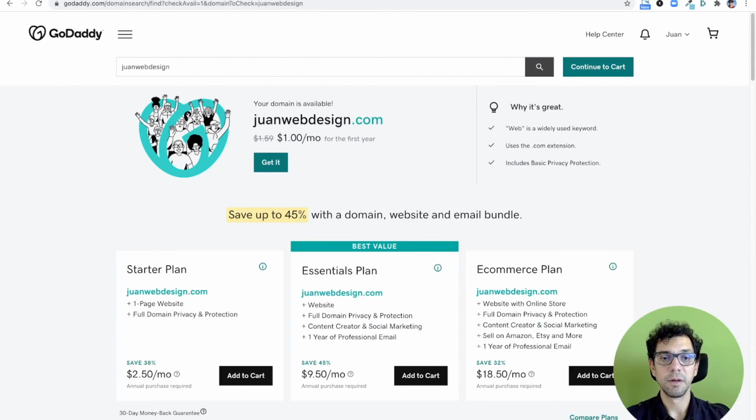Check it out. My web design, my domain name is available, so I could go ahead and purchase it. Normally it costs about $15 a year. It's really not that much money that you'd be paying for. A lot of websites will give you some incentives so you can start buying them there cheaper, but you'll save $14 over the course of your entire business expenditures. It really doesn't matter.